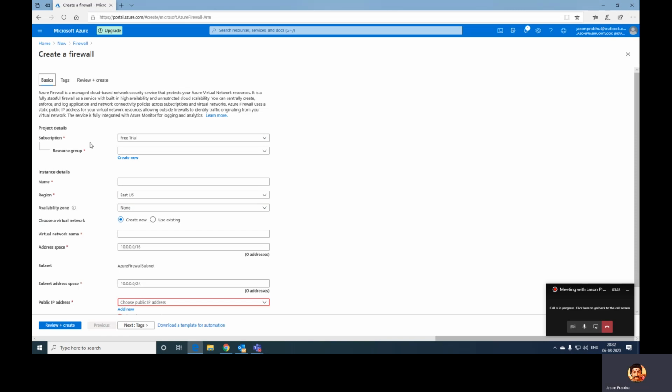So now the create a firewall window will pop up before you. In this window, what you have to do is choose your subscription, like what we did before. I'm choosing the free trial now, and you can see all your resource groups. So you choose your resource group. What we are doing is, we are doing this under Jasparrow. So my resource group is Jasparrow,